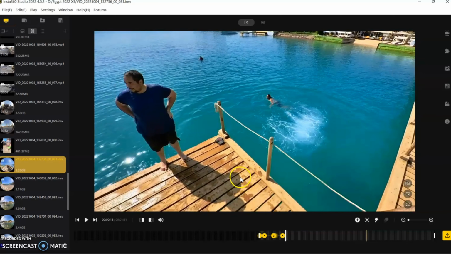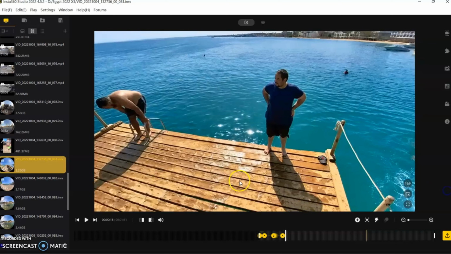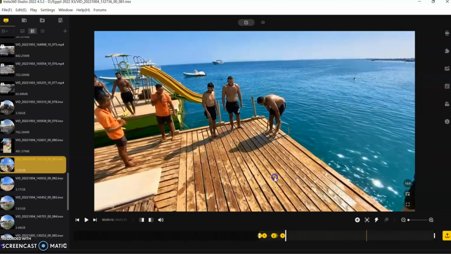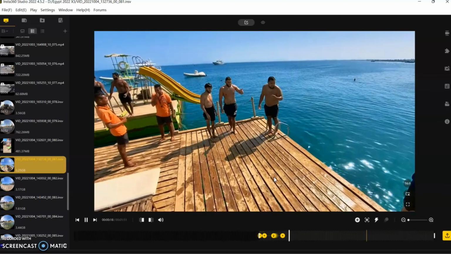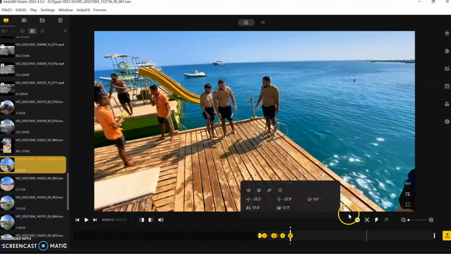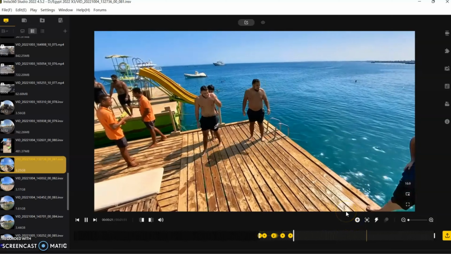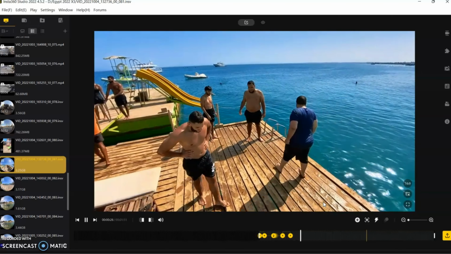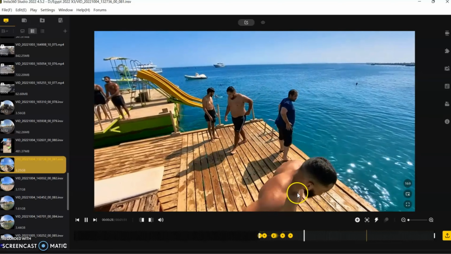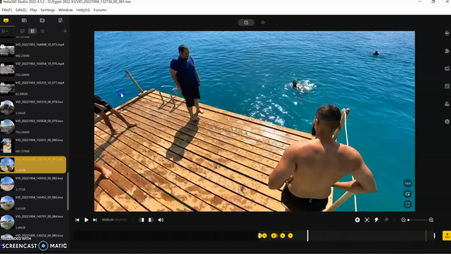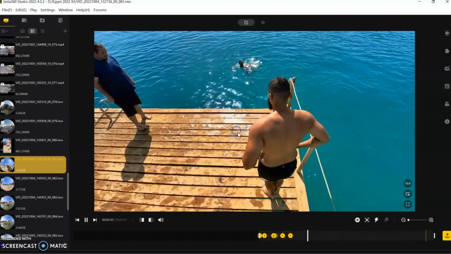Now, as it turns out, there's one or two other lads who want to show me their diving skills. So who am I to argue? I'm going to track them as they're doing it once again. So we've got a lad here who's going to do a backflip. So I'm just going to add a keyframe, and that sets my picture for where I want it. And this lad's going to do a backwards dive. So I'm going to adjust the camera again. So I've got him in, add a keyframe again,